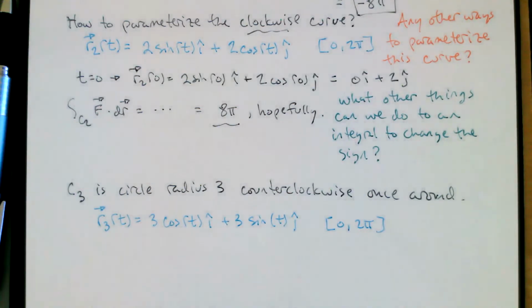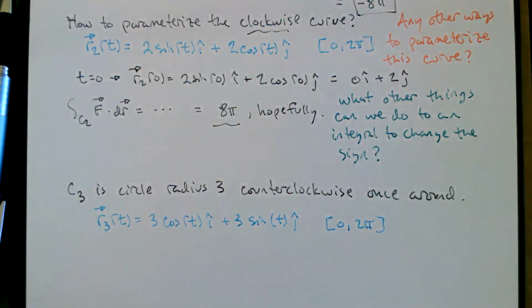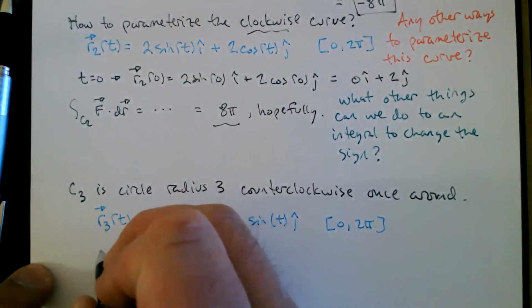So here's our r3 of t. We know we can parameterize a circle of radius r just by r cosine t and r sine t. Our circle of radius 2 put a -4 as the thing that we're going to integrate. What we're going to get here, since r prime